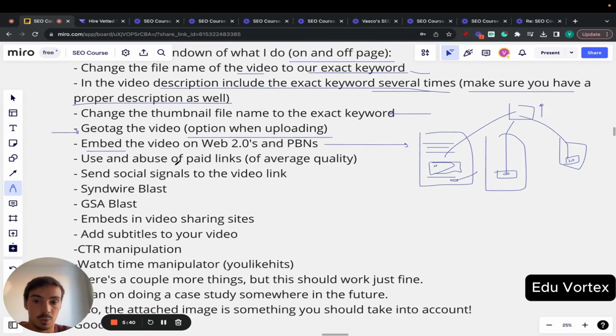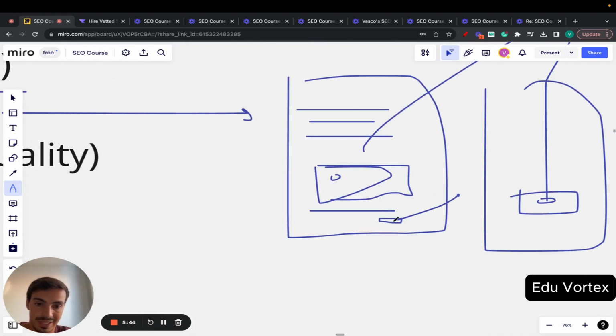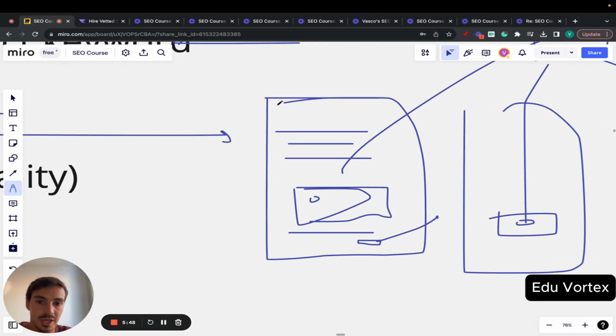Now, with this also, you want to make sure that the page where the video embed or the video link is, is optimized for the keyword. In this case, how to change a light bulb. You want this to be an article on how to change a light bulb, with a proper table of contents, internal links, external links. And again, we have a video solely on how to do proper on-page SEO. I recommend you watch it as well.